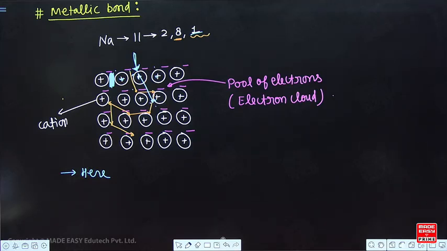Full stop. The remaining non-valence electrons